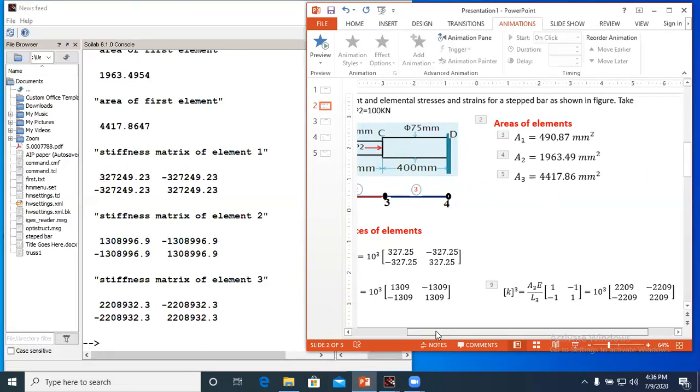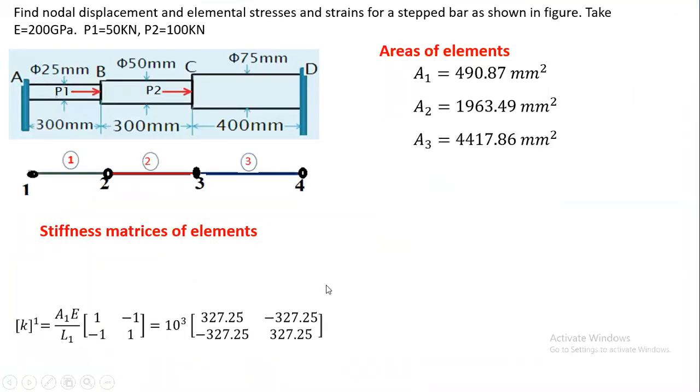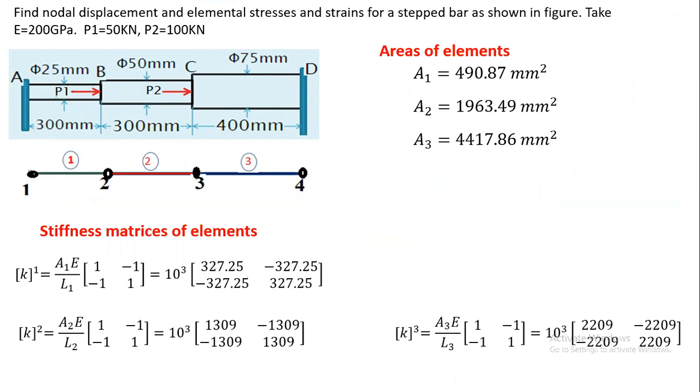Okay, now after doing this calculation, you do the assembly of the stiffness matrices. Okay, these are the stiffness matrices. After that, you go for the assembly. For assembly, now you see this discretized model or meshed model. It has 3 elements and 4 nodes, and here it is a stepped bar, means each node is moving in only one direction. So you have displacement at node number 1 in x direction, displacement at node number 2 in x direction, at 3 displacement in x direction, and 4 also displacement in x direction.